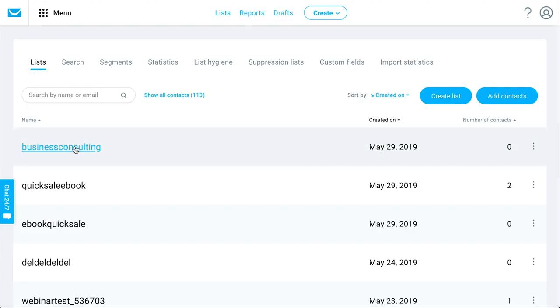For example, I've got one for my business consulting materials, let's say. So all of my marketing related to my business consulting business, I'd be doing within this particular list, and people who sign up for my consulting mailing list, this is where they would be added. So you can create a new list right here, or add contacts to your account in a particular list with